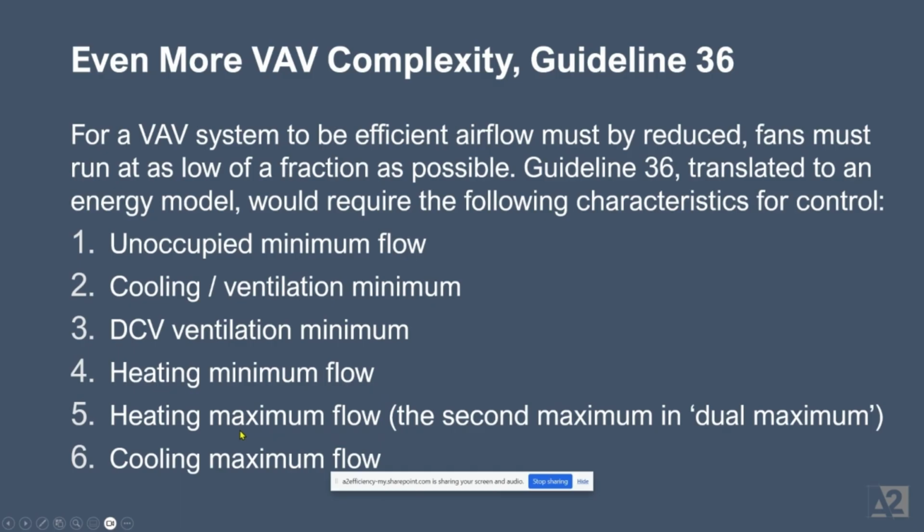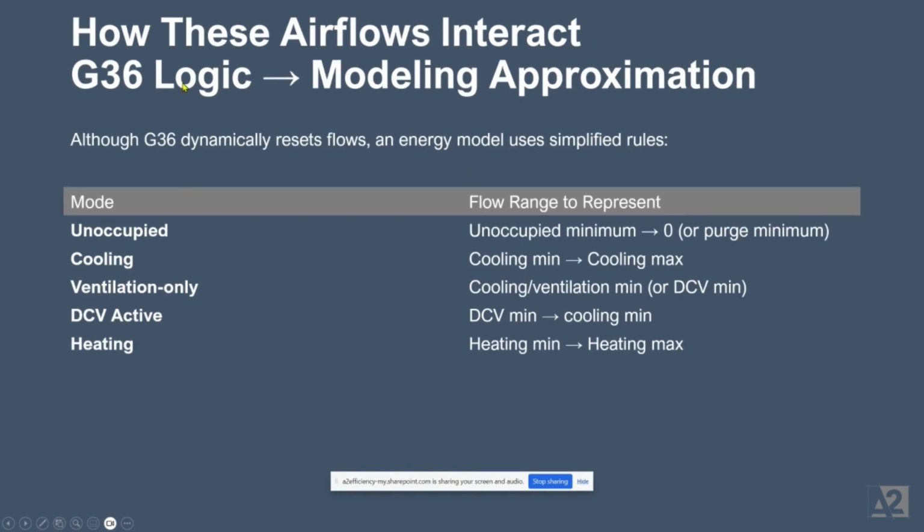We then still have our peak maximum, and we still have our peak cooling, right? So that would be the size of the box. But a lot more is going on here, right? And so as we think about the logic in Guideline 36, it's great that it's there and it's needed for programming boxes and explaining actual controls to the controls contractor. Though at the same time, we need a methodology to ensure we're modeling it appropriately and approximating the energy